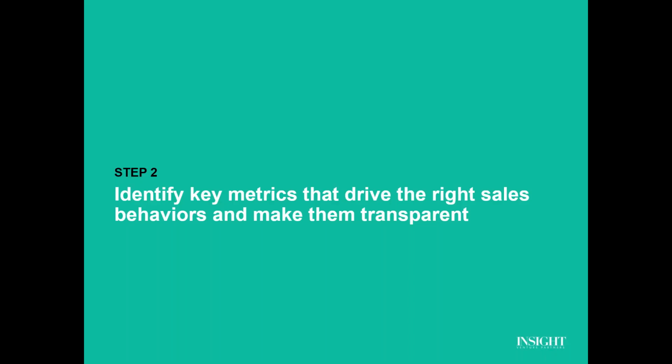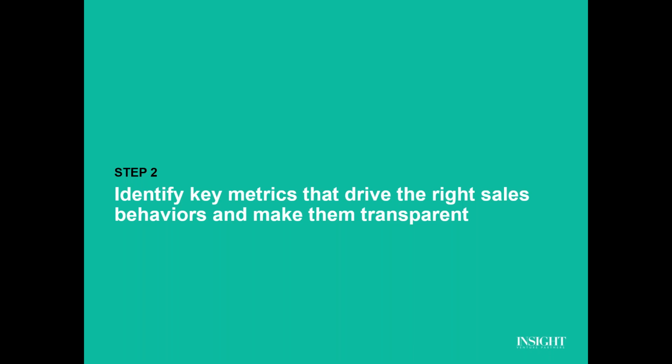So we're going to move on from here and go into step 2. So in step 1, again, to recap, we talked about clear, unambiguous process to get everyone on the same page, whether that process is sales stages, sales methodology, tools, playbook, the sales and marketing alignment, everything needs to be clear and unambiguous. Step 2 is, now that you've done that, how do you take this and go about measuring the right